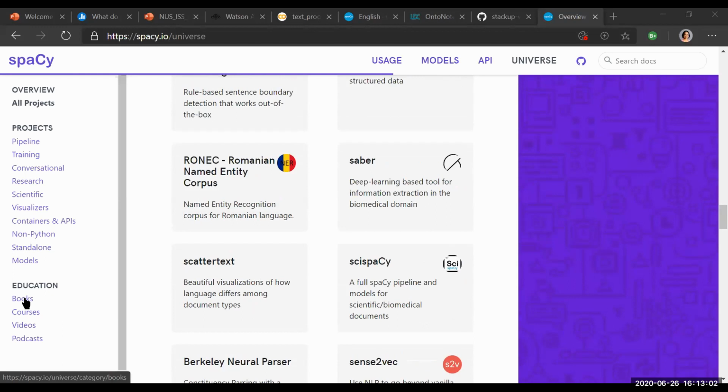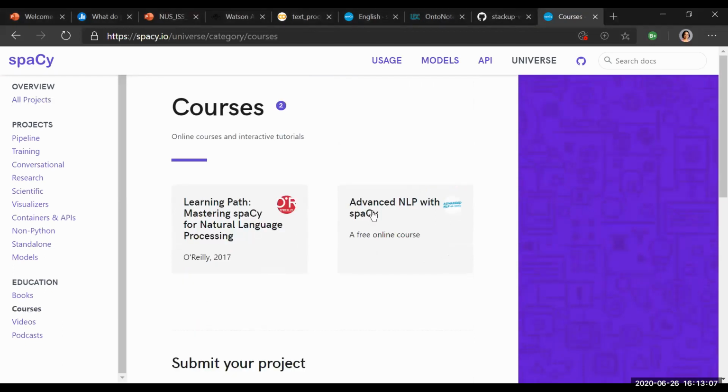Another thing I want to point out is education. There's a free spaCy course. This one is very useful, especially for those who have questions about how do you extend the NER, named entity recognition, to add new entities. How do you extend phrase matcher? So check out the